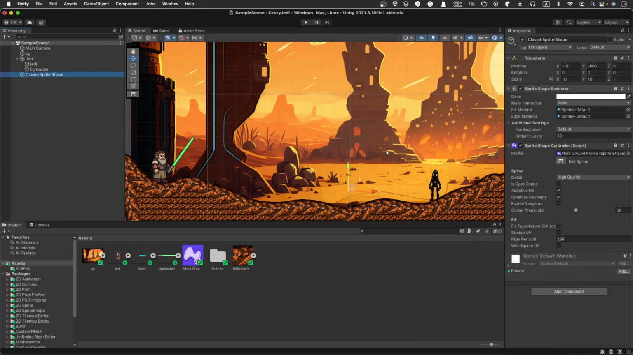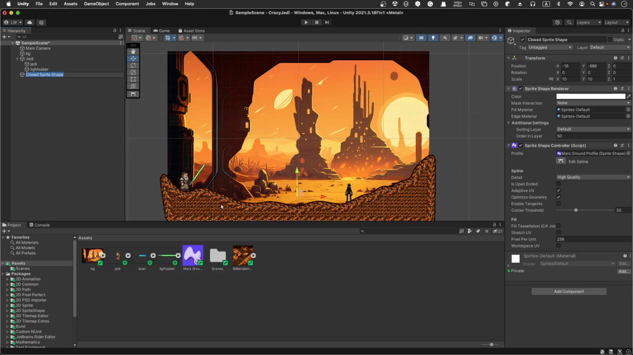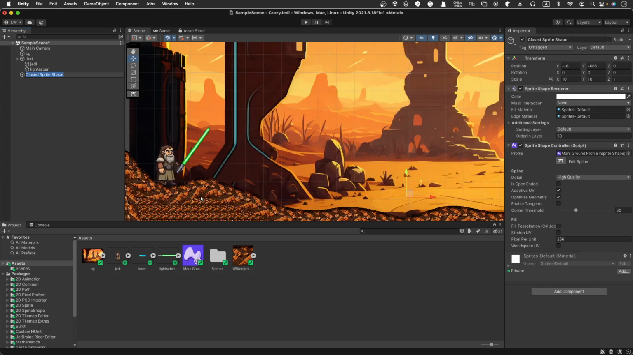And for now, we create a close sprite shape and add a little bit of tie on it, even though it's a little bit crude. But yeah, I think I can live with it. And so let's add a little bit